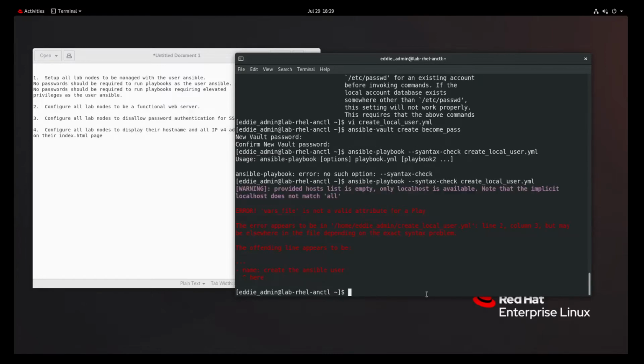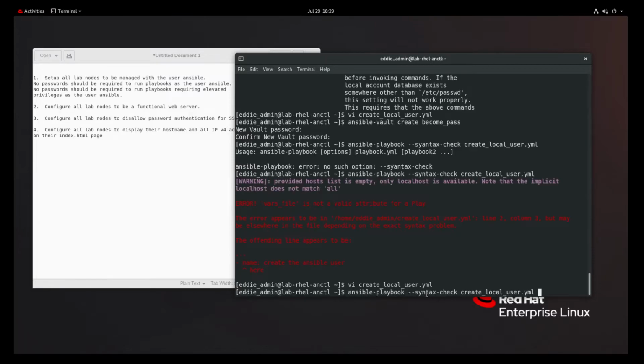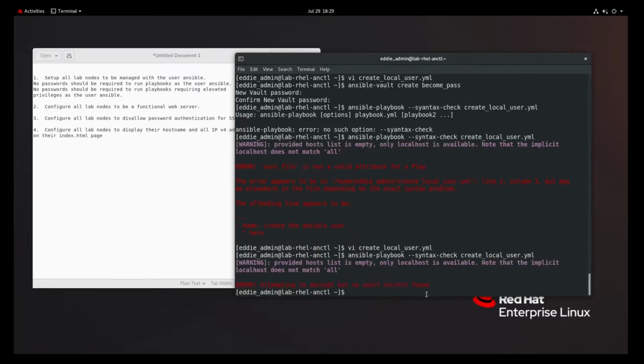All right, so yep, I did have an issue. Vars file is not a valid attribute; it needs to be plural, vars files. There we go, everything else looking over it looks good. So let's run that syntax check once again. All right, attempting to decrypt. Obviously that makes sense because we did not give it any